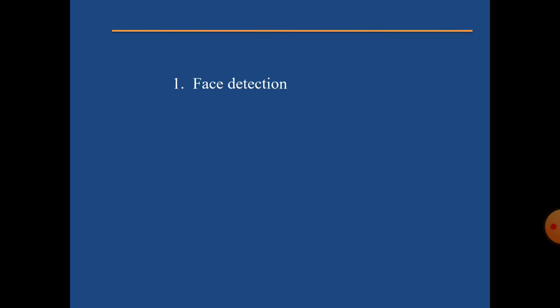If you see some cameras, if you are going to take a picture of any person, automatically that person's face will be recognized with a square box. That is face detection, and it is done with the help of the SVM algorithm. Along with this, facial expressions can also be detected by using SVM. Facial expressions means whether the person is in angry mode, happy mode or excitement mode. Like that we can detect the facial expressions of a human being by using SVM. This is about face detection.